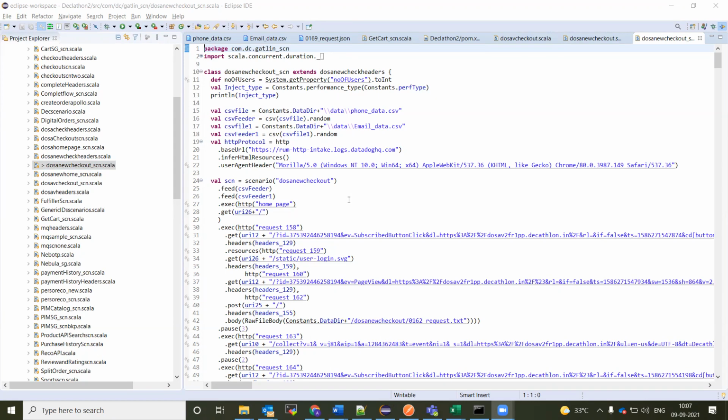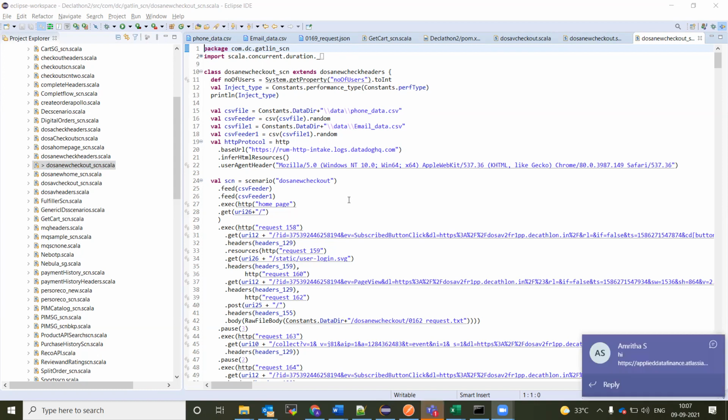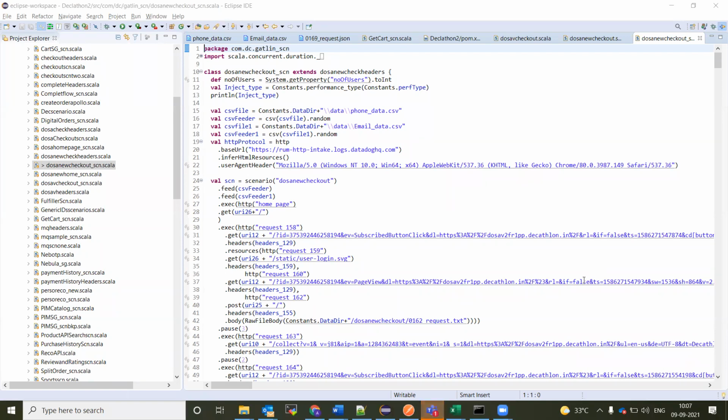But if you are taking all these parameters directly from the server and you are checking the data from the server, you need to have this as the same thing, or it should not be removed from your recording script. So it is all based on your application. But if it's an e-commerce site, mostly that will be taken from your CDN, and your JavaScript and CSS don't have any impact on the performance of your load testing or spike testing. So you can just remove all the CSS files and JS files.